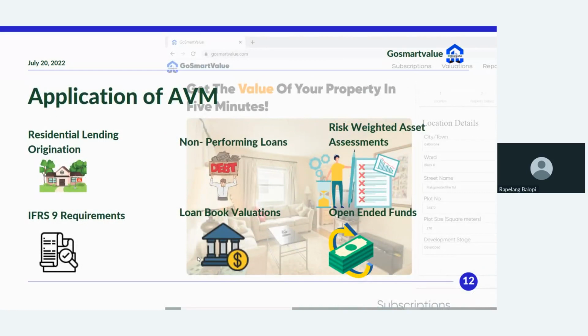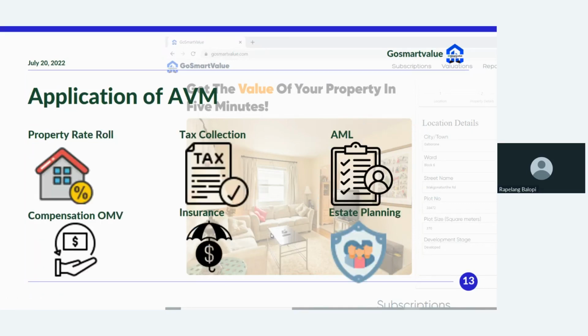So the application of AVMs, just as a recap of what we have experienced: residential lending, non-performing loans, risk-weighted assets assessments, IFRS requirements, loan book valuations, open-ended funds, property rate roll. We know we haven't had our rate roll reviewed in such a long time. So this is the time for us to have a rate roll review, and it is possible with automated property valuations. Tax collection with BRS: whether the valuation is done by them